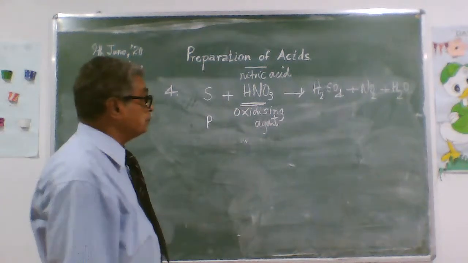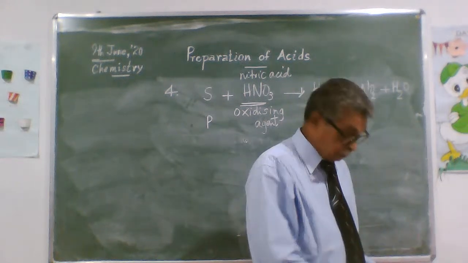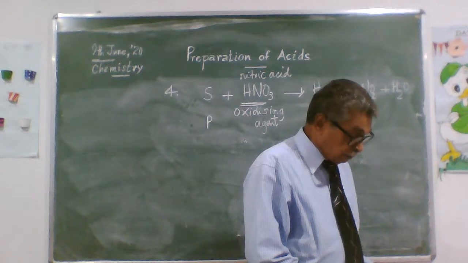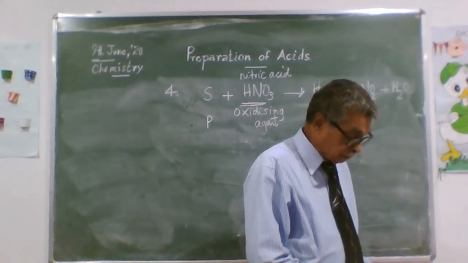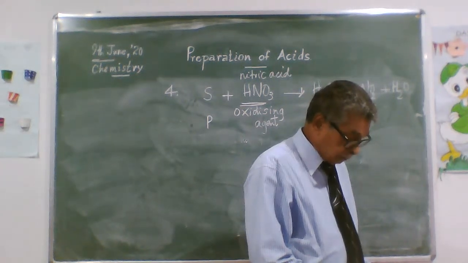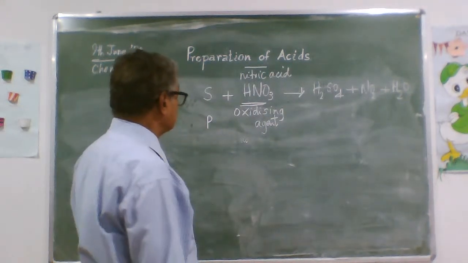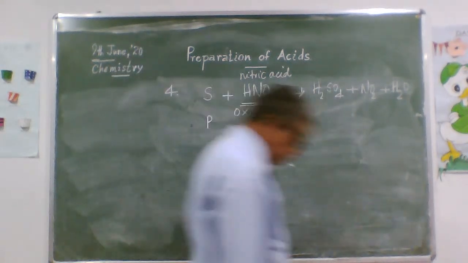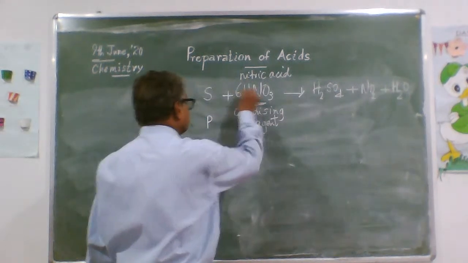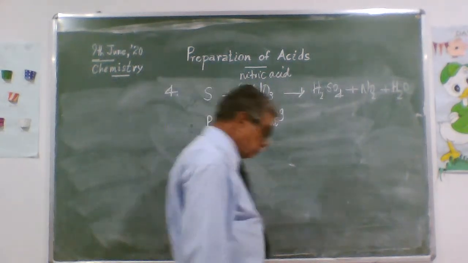Try to do it yourself. It's a good thing to make an effort and balance it yourself. Sulfur with nitric acid is not a very difficult equation to balance: S plus 6HNO3, 6 nitric acid molecules, producing